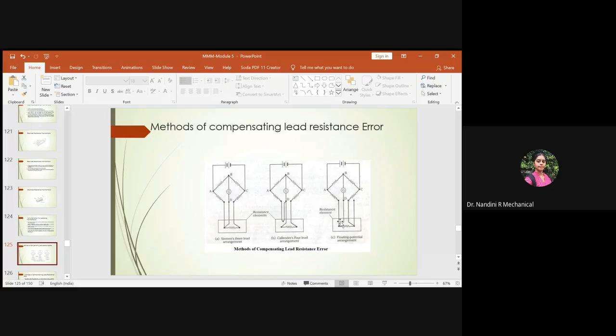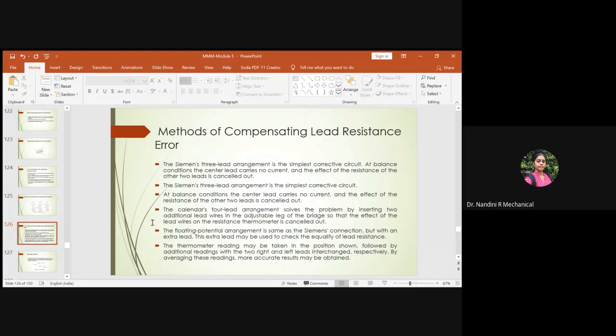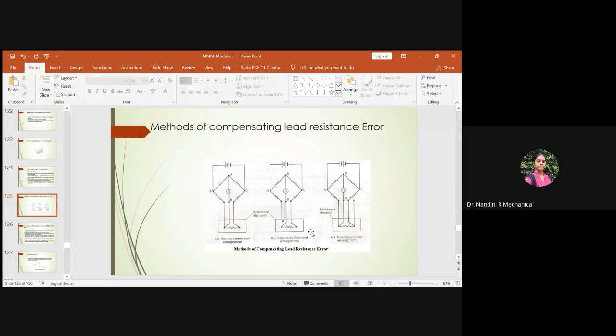In this you will have three lead wires. These two are directly connected to the resistance thermometer element, and the third one is connected here in order to overcome the variations. The fourth one is freely connected outside in order to release the excess amount of ambient condition variations. Okay, so now we will study one by one. I just showed you the explanation of how these three methods of lead resistance error could be overcome, as we did the temperature compensation in case of our strain gauges.